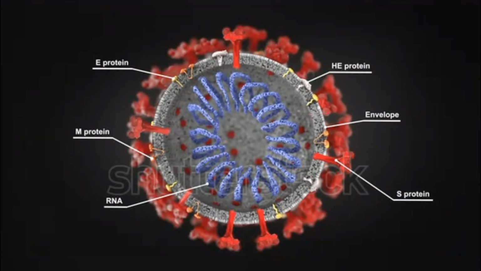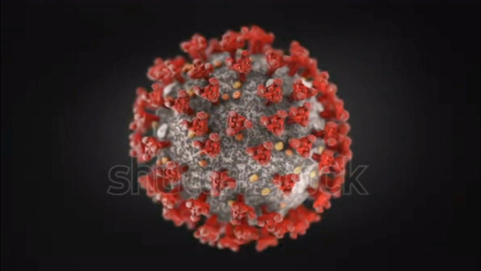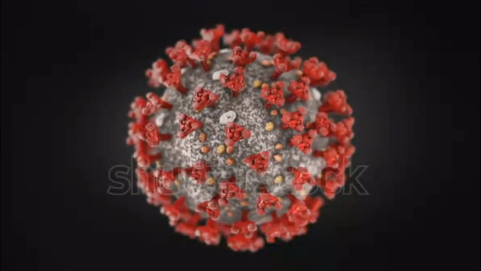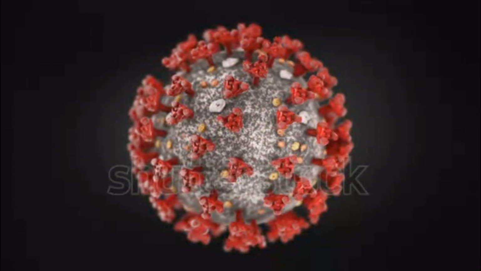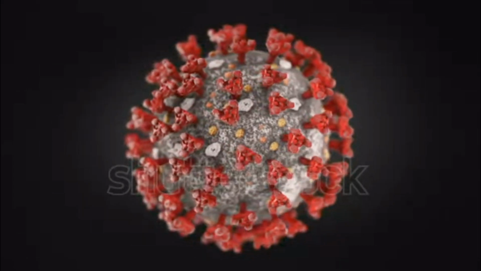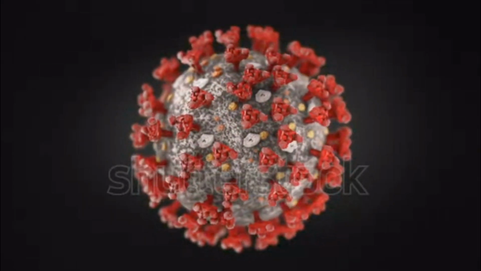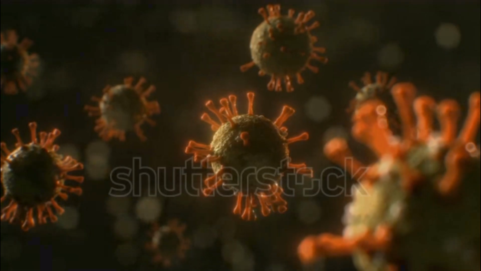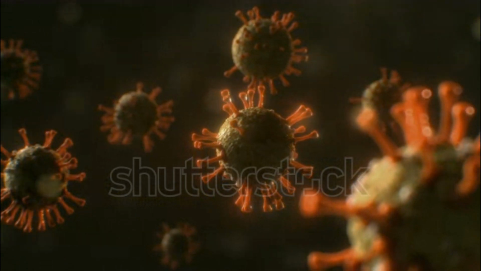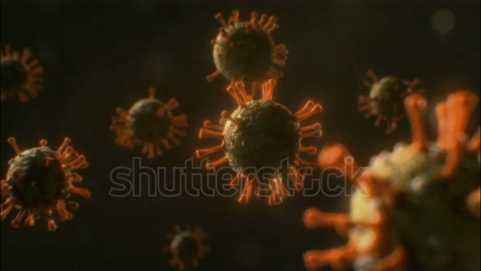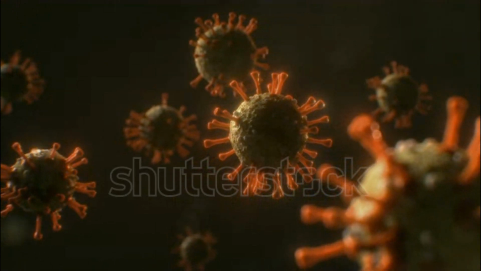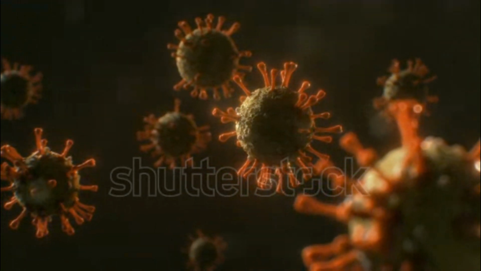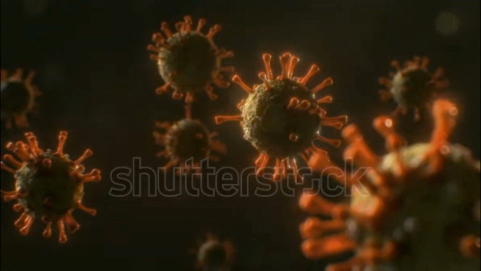SARS-CoV-2 is an enveloped virus, which means that it has a lipid membrane surrounding its genetic material. The virus has spike proteins on its surface, which are used to bind to and enter host cells. The spike proteins bind to a receptor called ACE2, which is present on the surface of human cells, particularly those